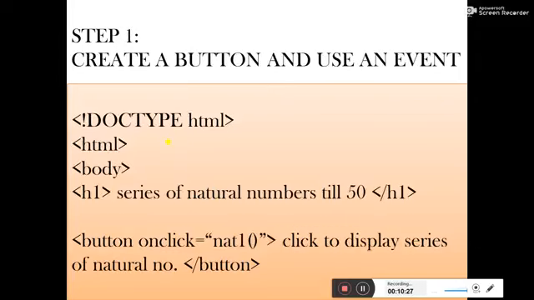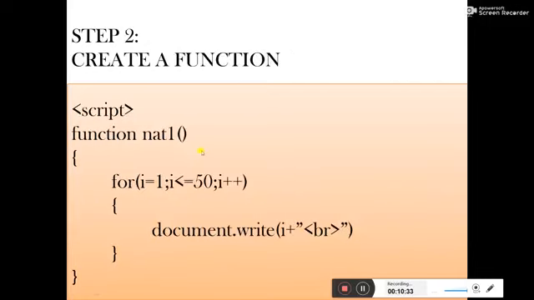It is very important to write the same name while calling the function and while declaring the function.